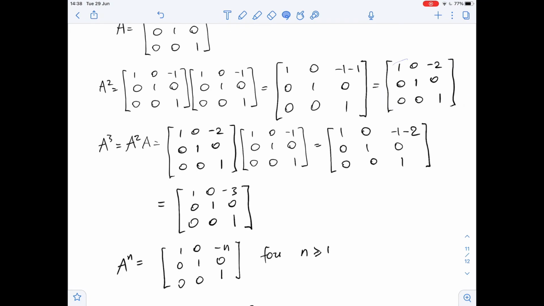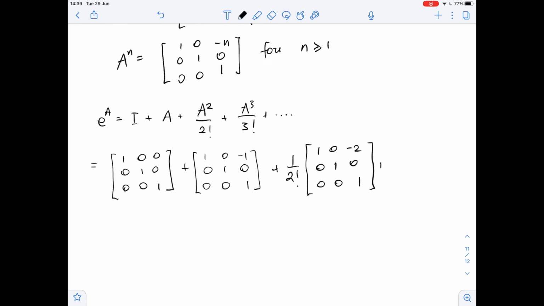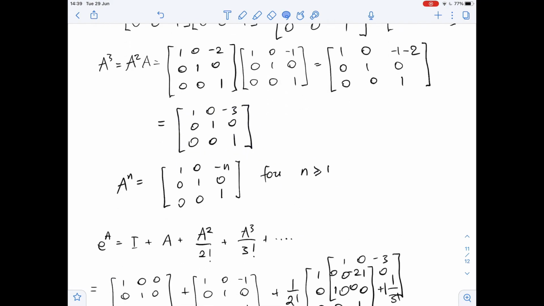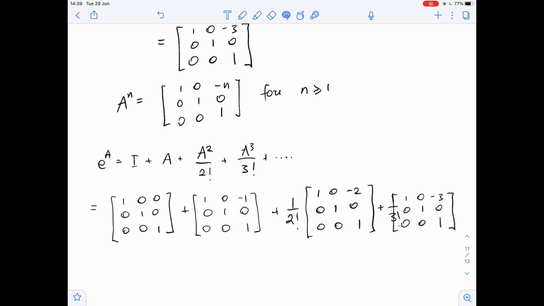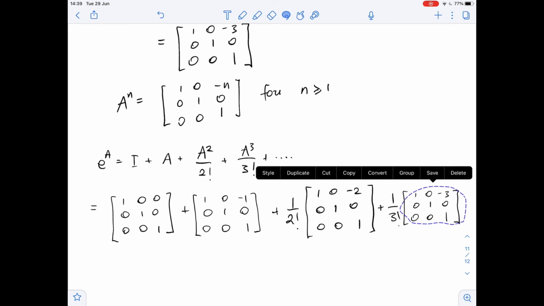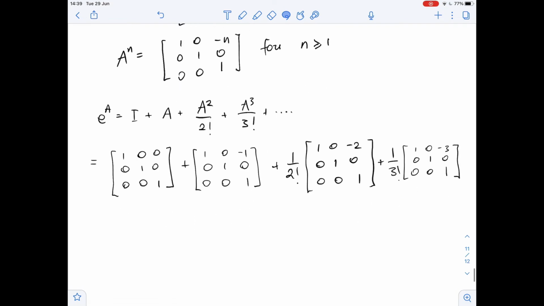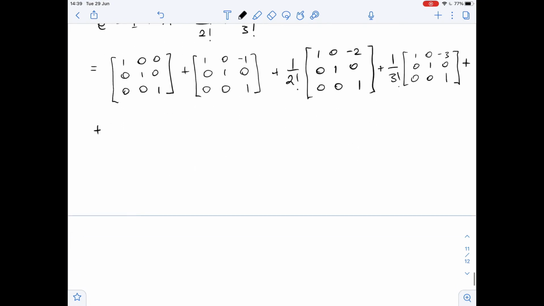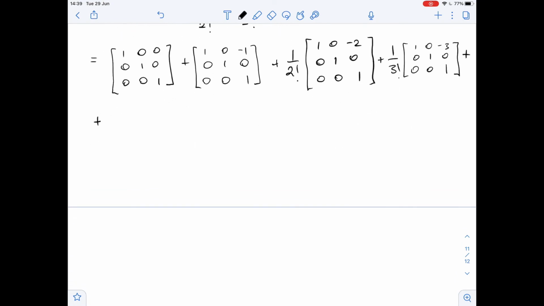Right here, A squared plus 1 over 3 factorial times A cubed plus A cubed, plus, and here we will have, since we multiply, we need to calculate the sum of the following matrices. Since we multiply them by 1 over n factorial, we will get